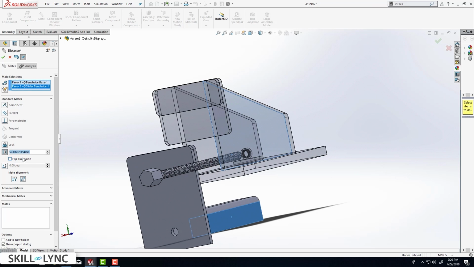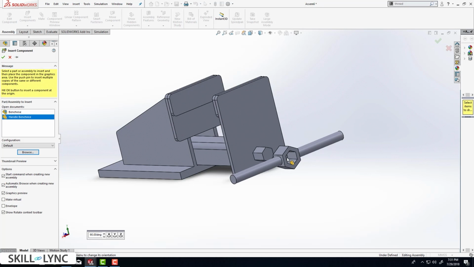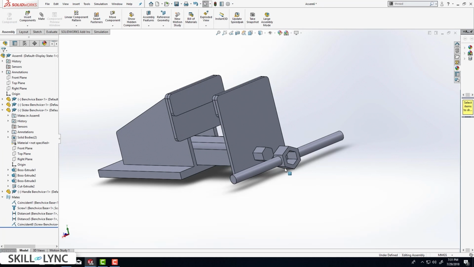The final thing that needs to be done here is to insert the handle. So we're going to click on insert component, browse, and select our handle, and we are going to insert it. We are going to select this particular face and this face, and click coincident. All right, and we're going to select this particular face and the corresponding face on the nut and use coincident